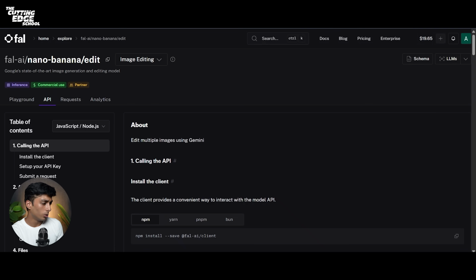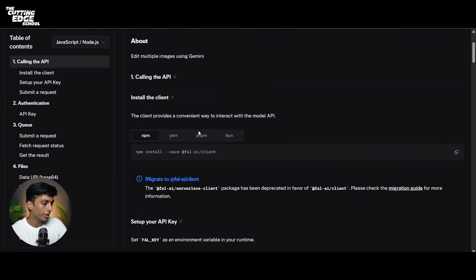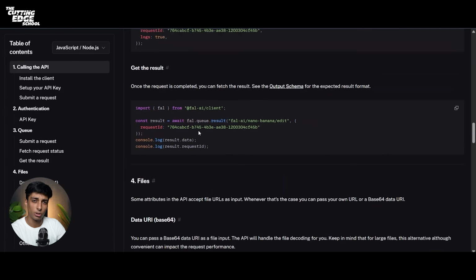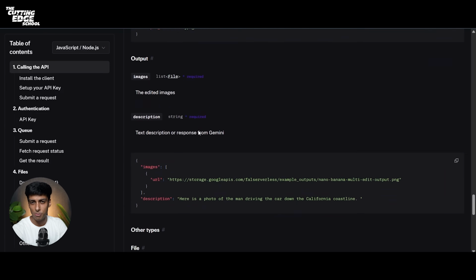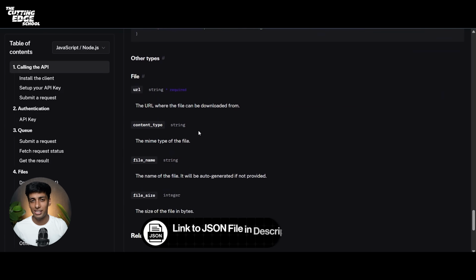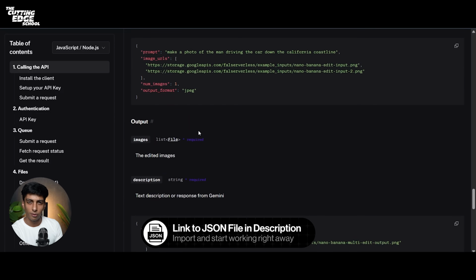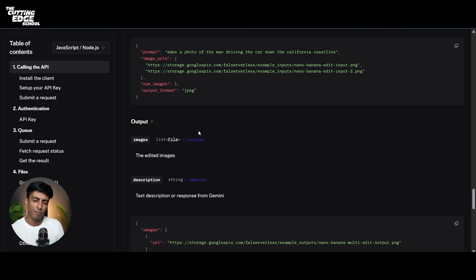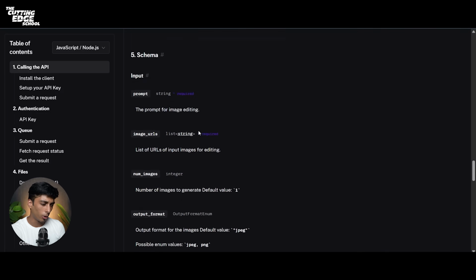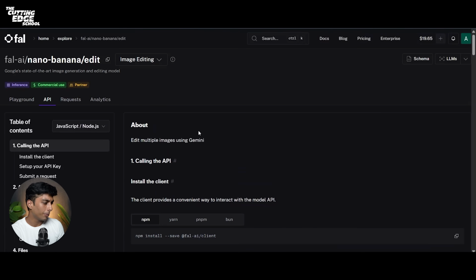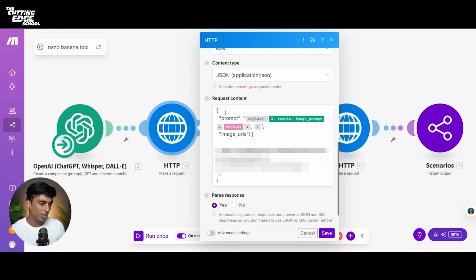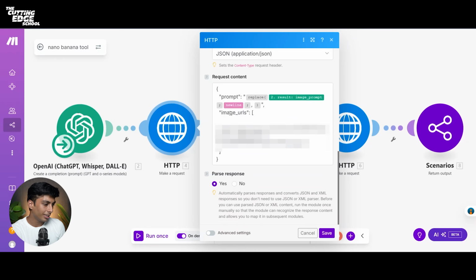So paste that API key here, and we have already created all the requests for you. Now, if I go to Nano Banana's main page on Fal AI, you can see if I click on API, there is a lot of documentation of how to integrate it. But the best part is, if you import the JSON file into your account, you'll get everything set up automatically. So no need to go through all of this API documentation. Now you can refer to this if you encounter any problem, but I think that particular HTTP module is enough for you. All you have to do is change your API key, and you can see that there is image